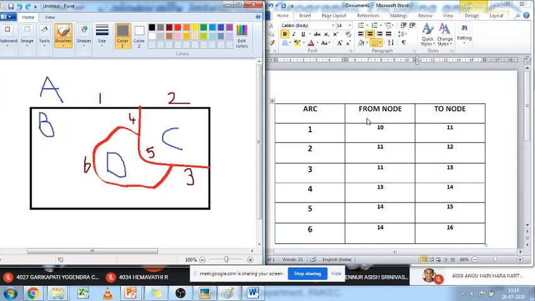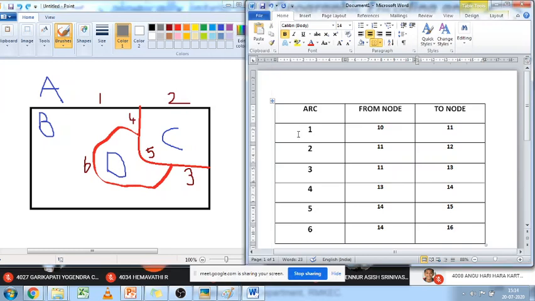So here either we could take the polygons into consideration and then mark the surrounding boundaries together. That is one way of representation. Or we could take the boundaries in common and see the left and right polygons covering them. Okay, so I'll show you. We will see both the manners, don't worry. So here arcs 1, 2, 3, 4, 5, 6 are already available. So we will use these itself.